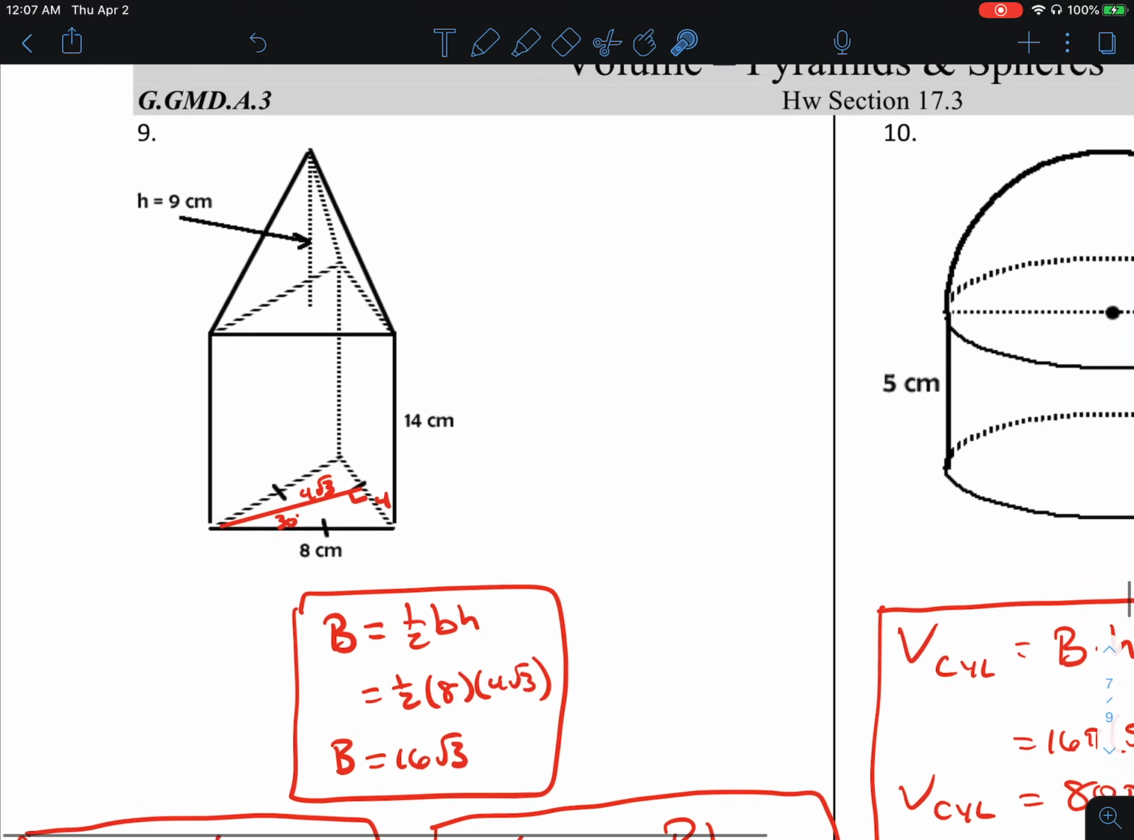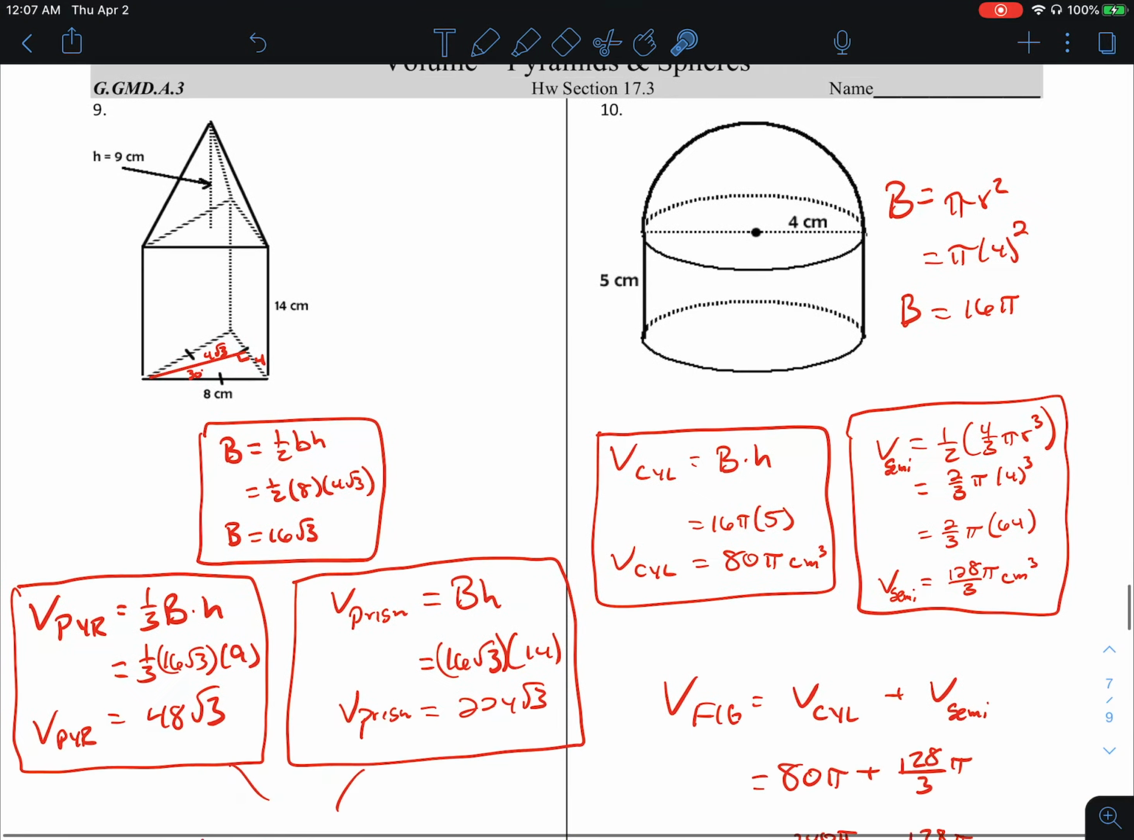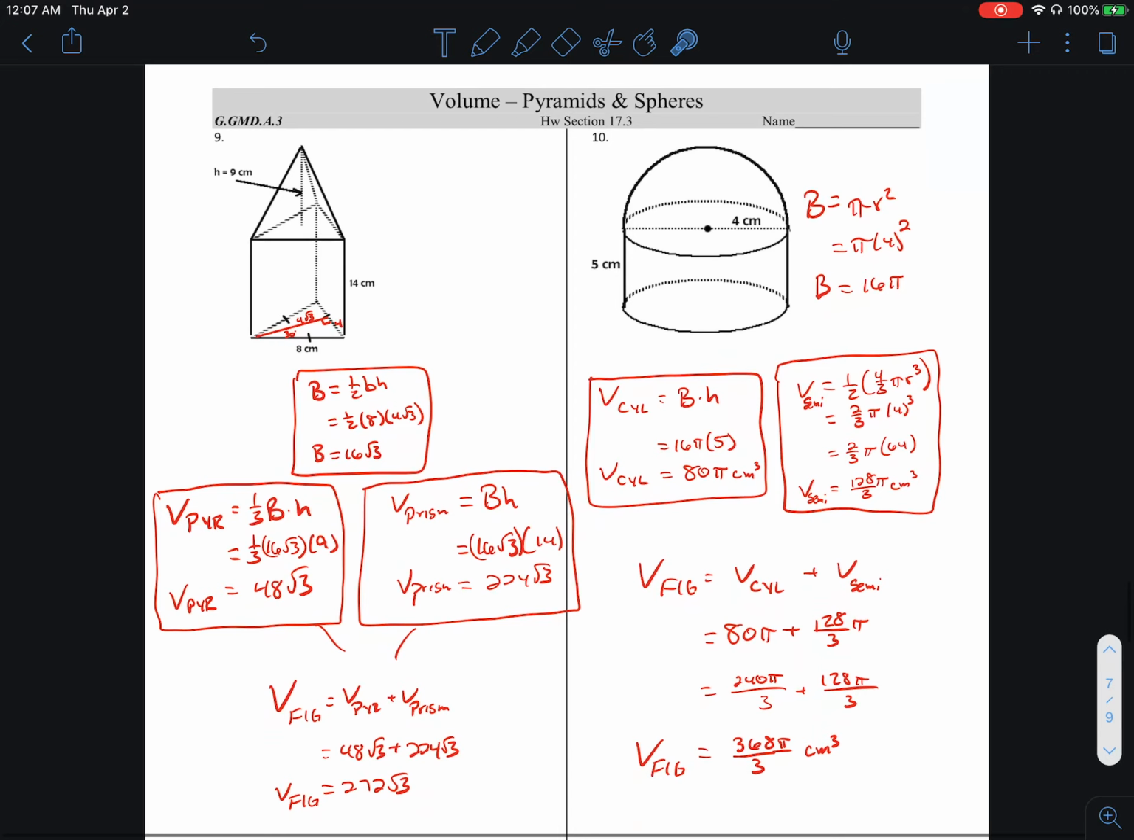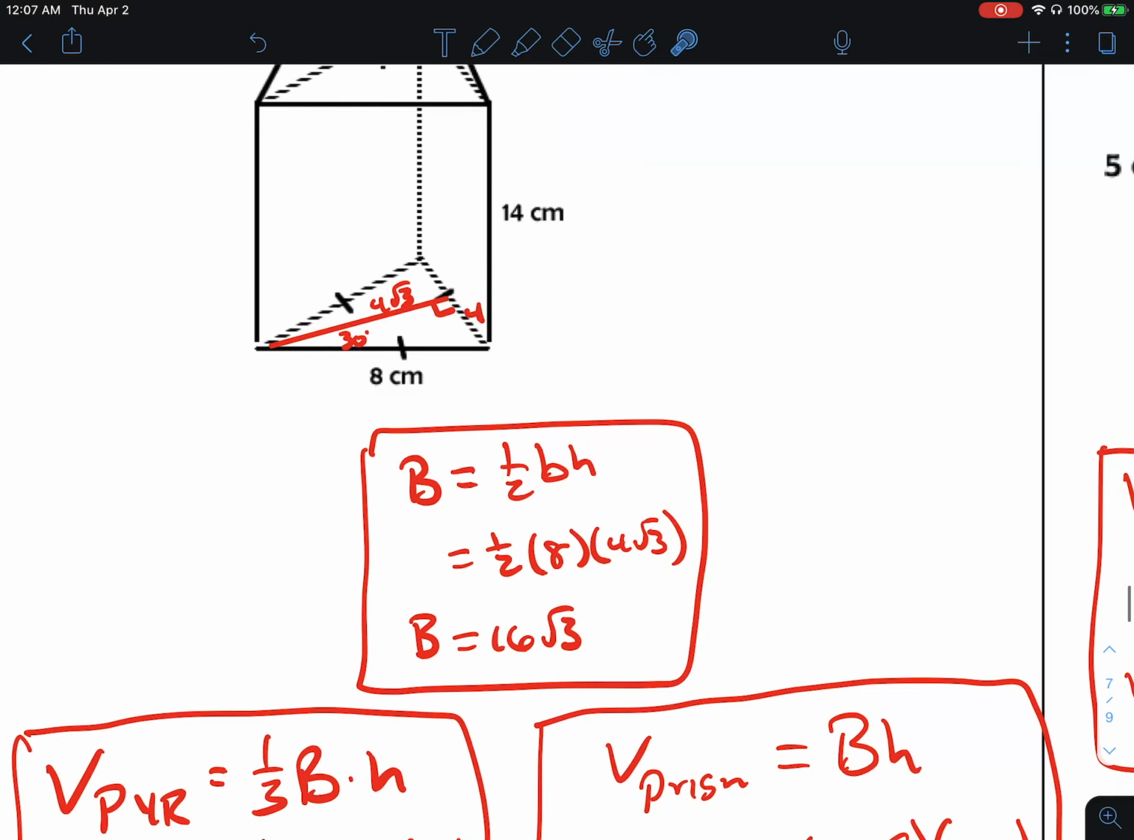Number 9, boy, I gave you lots of room because there's lots of work. It's a terrible problem. To find the volume, we've got to find the volume of the pyramid, which is up here, and the volume of the prism, which is here. Both of those have the same base. So to find the area of the base, which we are told is an equilateral triangle,